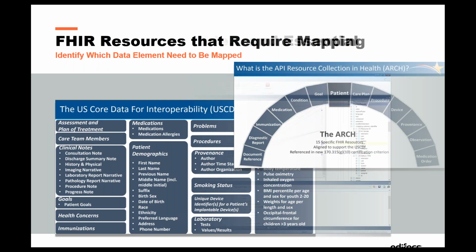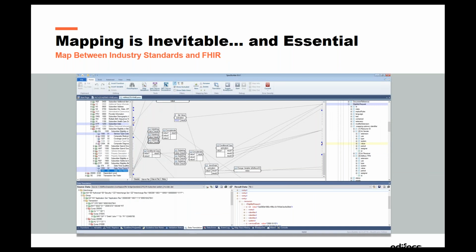What does it mean for you? For you, that means you have to analyze that piece of data, and you have to build the maps between whatever you have right now. Let's say you have the clinical repository, you have the member information, you have the admin or financial data. So you have to build the maps between that data and the information you have to expose. You don't have to expose it all if you have more than needed, although they are welcome to do so. But in any case, the mapping will be a critical point in your implementation.